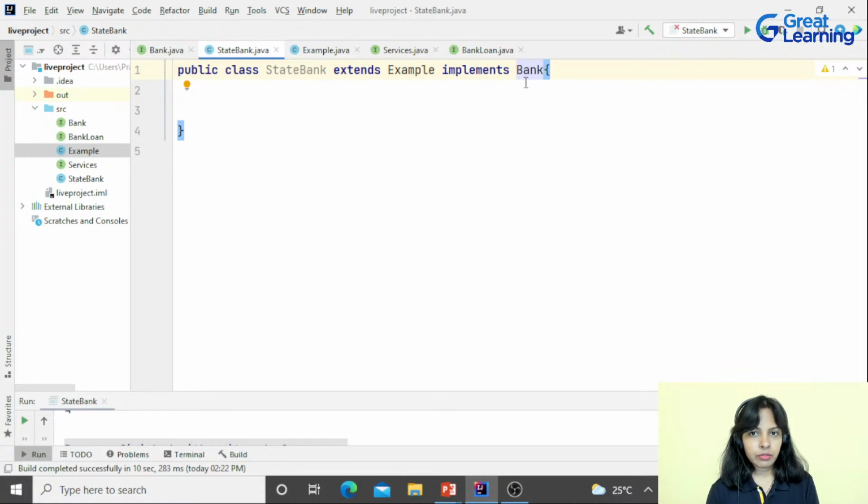I just showed you. Correct? So these are small things you have to keep in mind when writing the program. If I delete this from here and write it over here, you will get an error. So just keep a check on this order: first extends and then implements.